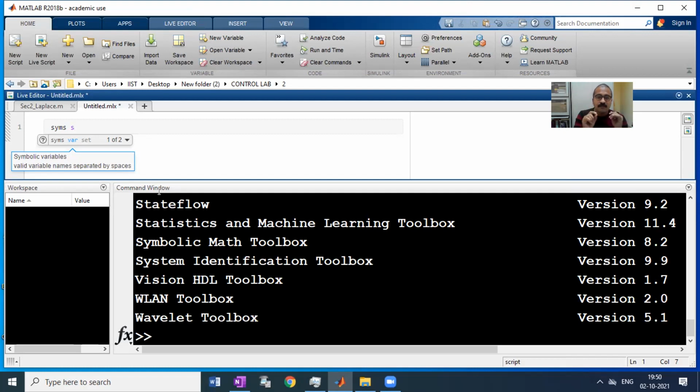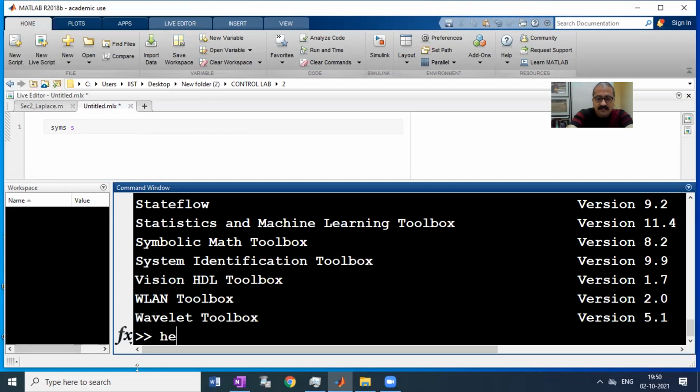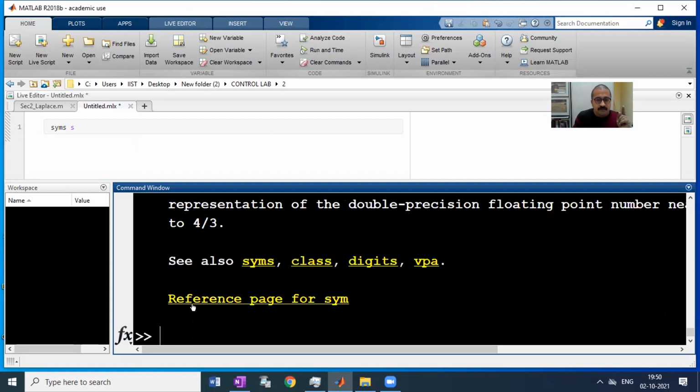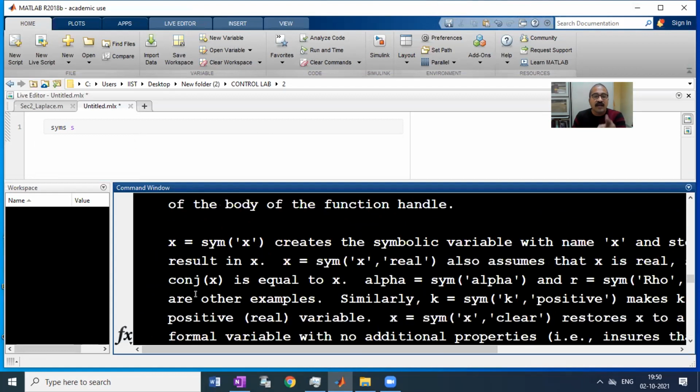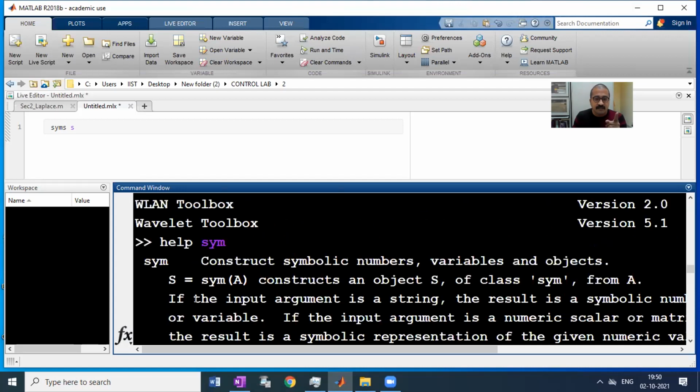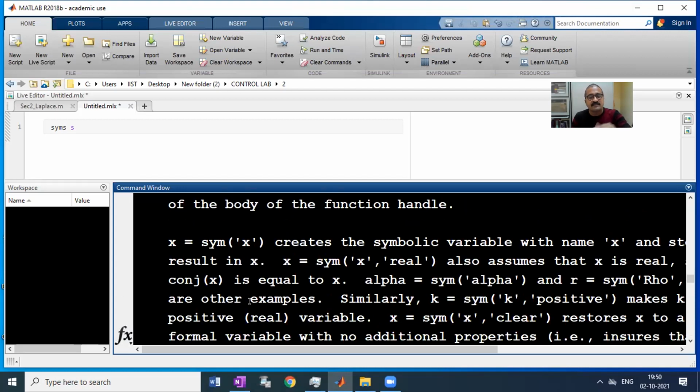Just type help space sym. If that command exists in your version, then MATLAB will display the syntax and the usage. I'm entering that. Yeah, so this is valid for this particular version which I am using. It is displaying its syntax and usage. So sym will be working.